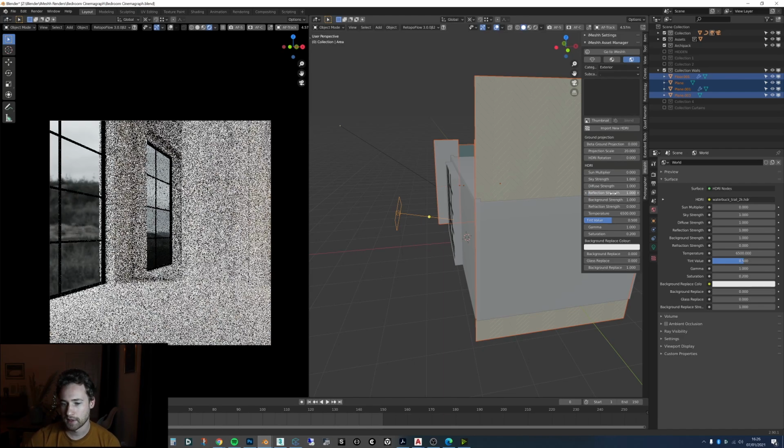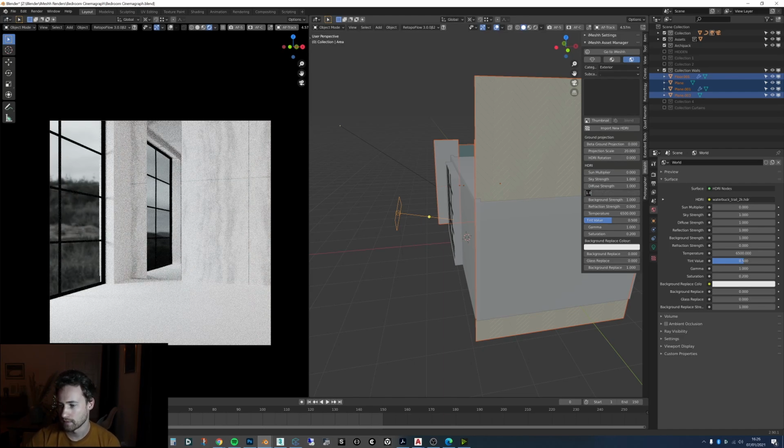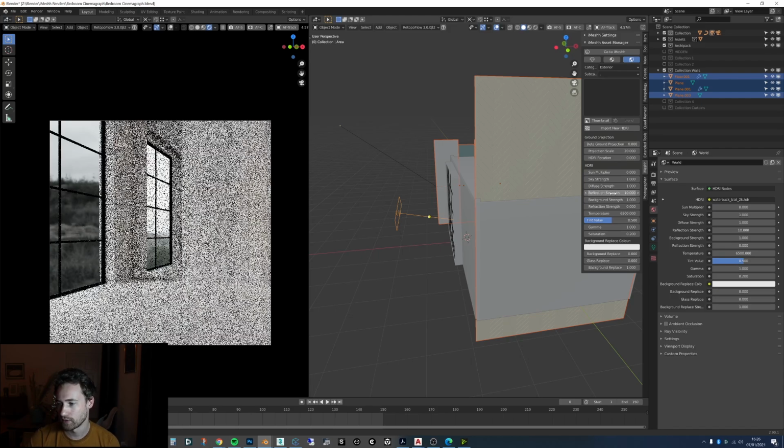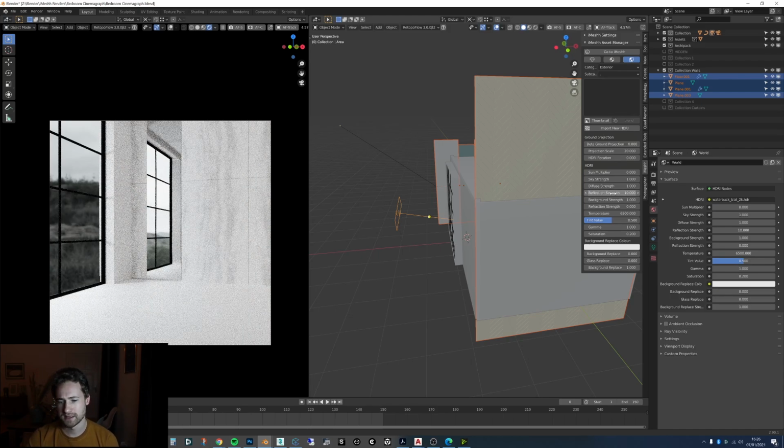So I thought that the reflection could be lighter, so this is actually the iMesh Asset Manager. You can just go through all the settings and adjust things how you like. I found that to be quite helpful, and I set that to 10. So that gave the effect that I was wanting.